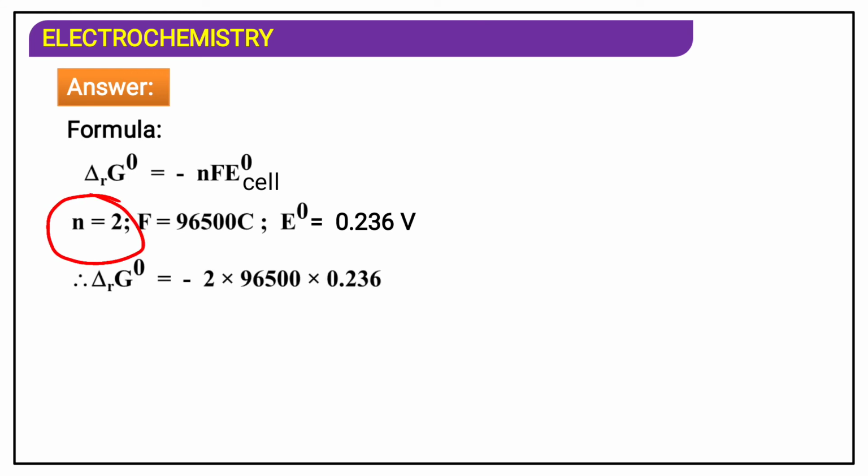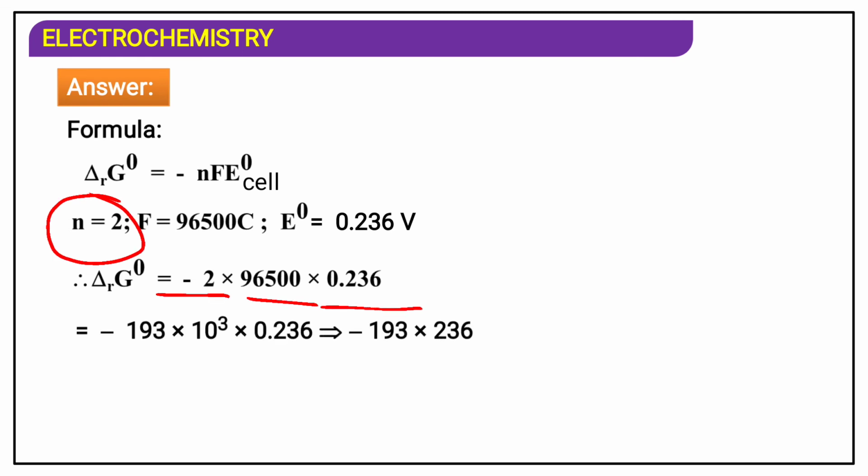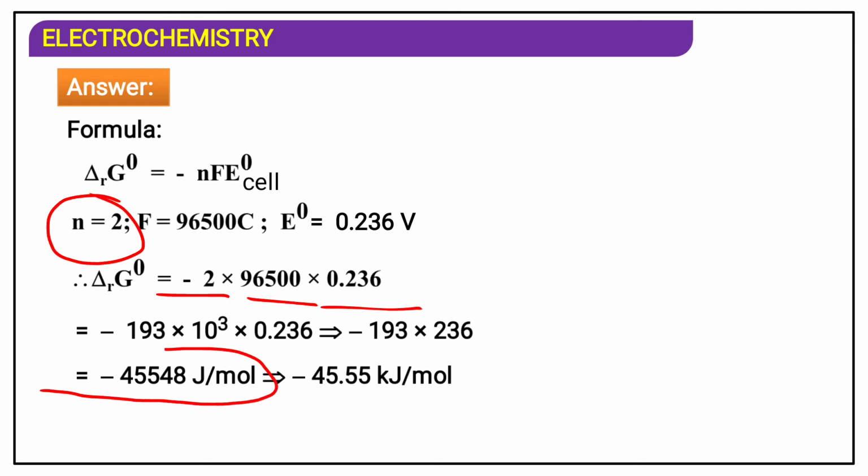So then substitute the values. Delta G naught equals minus 2 times 96,500 times 0.236. Then let us go to the simplification. All of this simplification you can easily do using simple mathematics. Then you get the delta G naught value in joules, this much: minus 45,548 joules per mole. Now let us go to kilojoules. You should divide by 1000. When you divide by 1000, your value you are